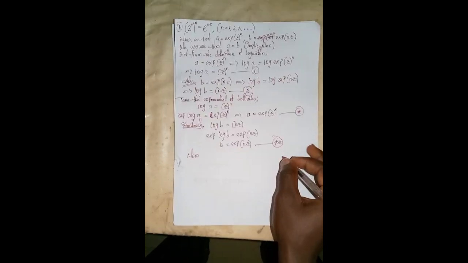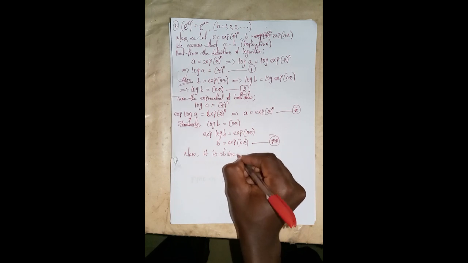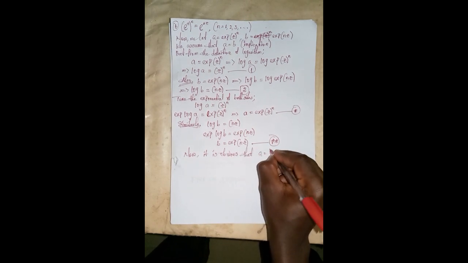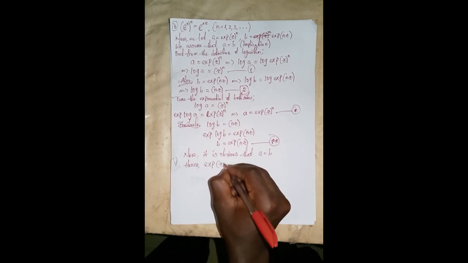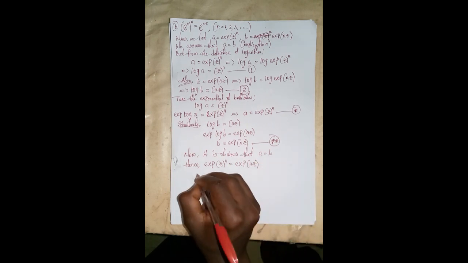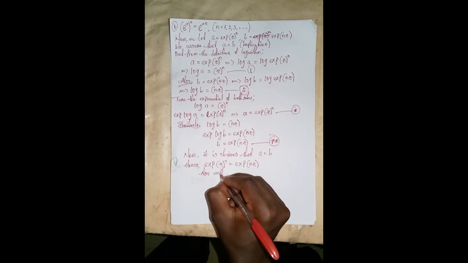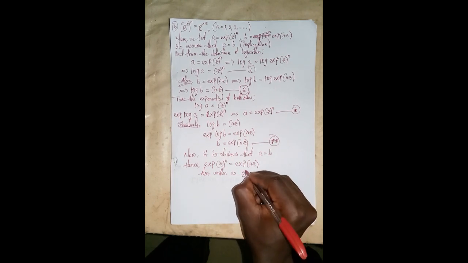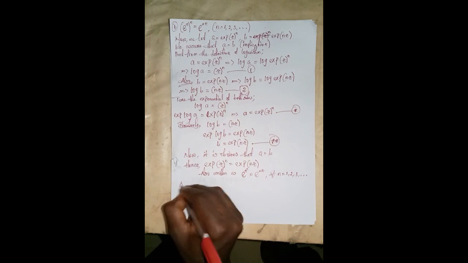Now we can say that it is obvious that a is equal to b. Hence the exponent of z raised to the power of n is equal to the exponent of nz, which we can also write as e raised to the power of z, raised to the power of n, is equal to e raised to the power of nz for all n equal to 1, 2, 3. Now, as required,